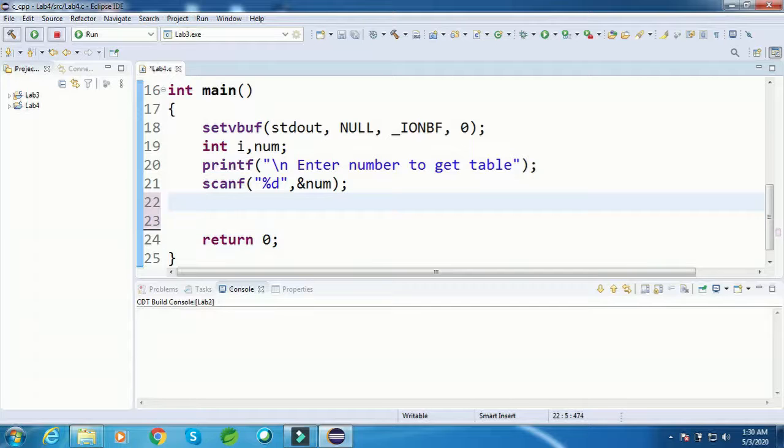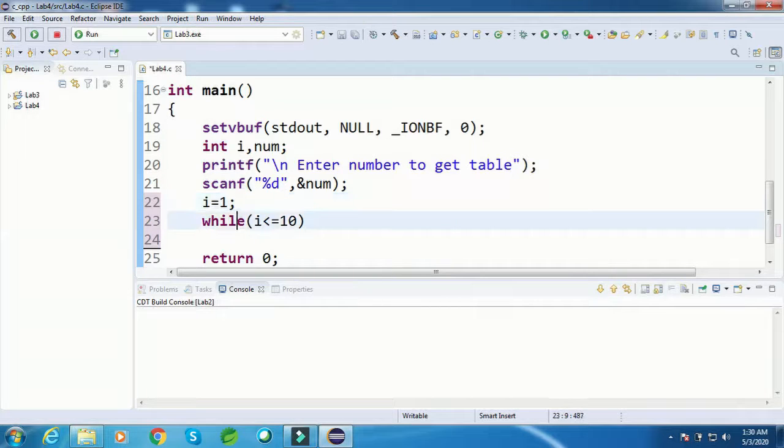So I have to write here a while, and inside the while I am going to say i less than or equal to 10. This i less than or equal to 10 is a condition, and i equal to 0 is the initial value, but I want to print a table, so I want to start from 1. So i equal to 1 is the initial value, i less than or equal to 10 is the condition, and here I am going to write the statement printf, and then \n